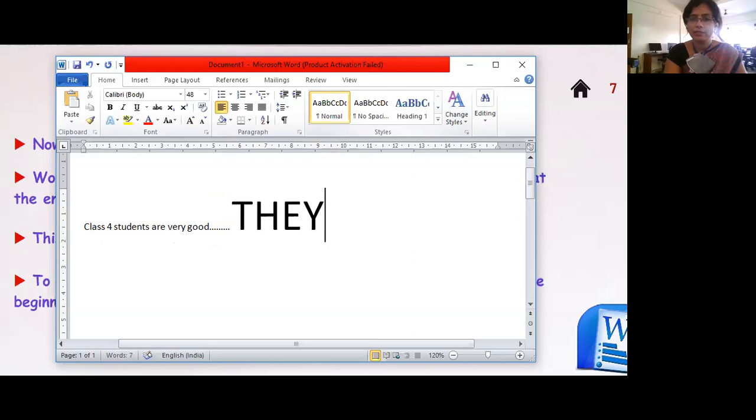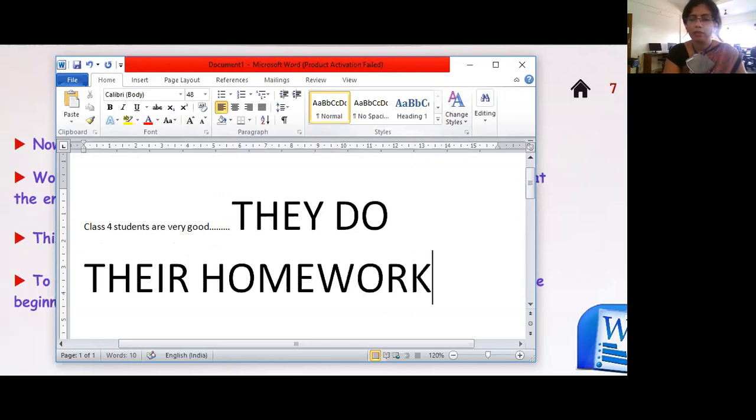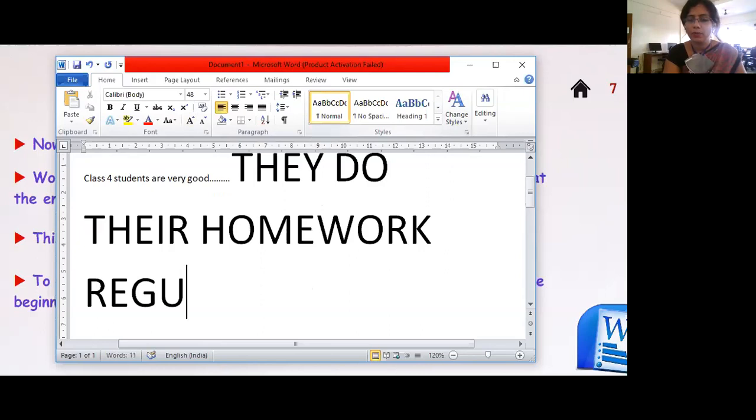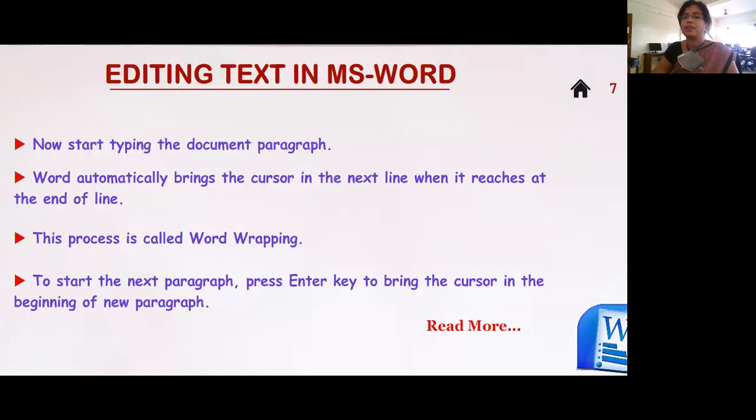They do their, see, it came down by itself, homework regularly. Correct? Do you people do it? Yes. So every time it reaches the limit, it comes down by itself.